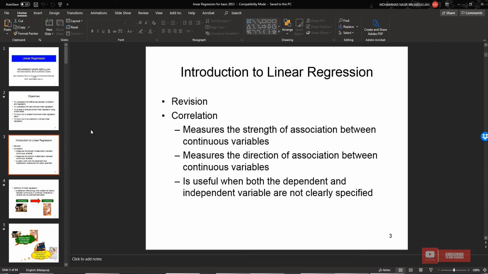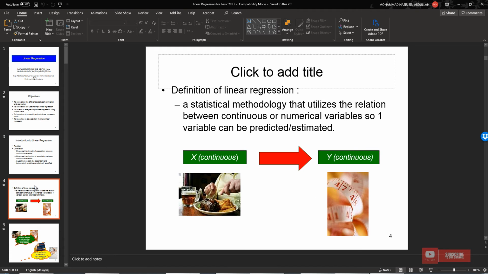So if you want to do a prediction between two continuous variables, you cannot stop at correlation. You need to proceed with linear regression. The definition of linear regression is a statistical methodology that utilizes the relation between continuous variables, so that one variable can be predicted or estimated. So the y variable, which is the dependent variable,